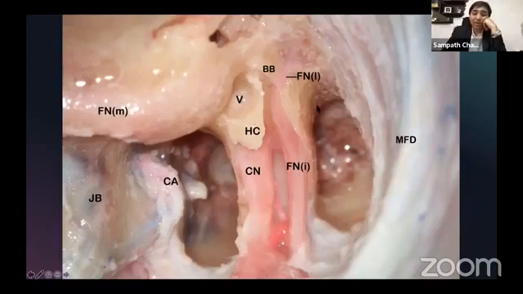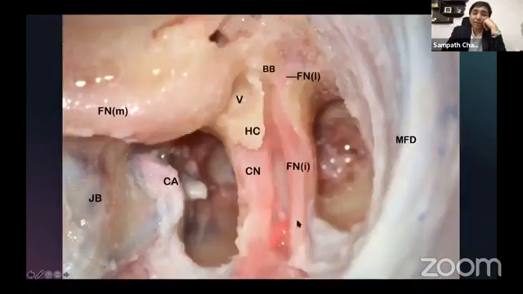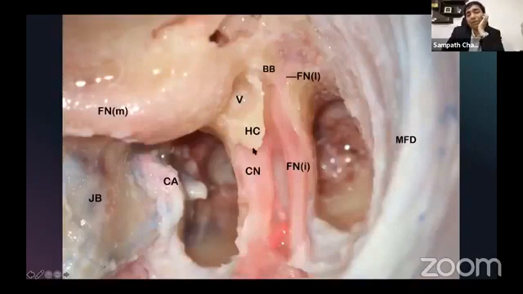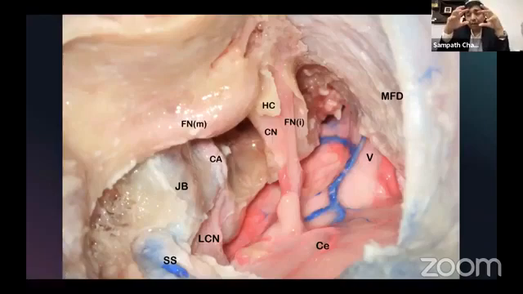Once you have identified, the tumor will be sitting here. And once you've opened, the last thing you should do is to open the dura. Because once you open the dura, the CSF will come. Of course, when you open the IAC, also CSF will come, but it won't be such a big gush. But when you open the cerebellopontine angle, that's when you can no longer drill, because when you drill, you will be seeding bone dust into the CP angle, which is not really a wise thing to do.